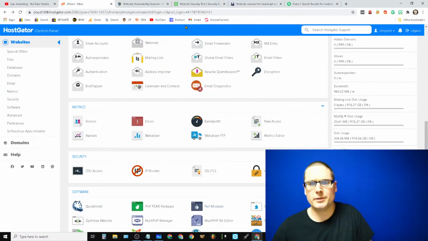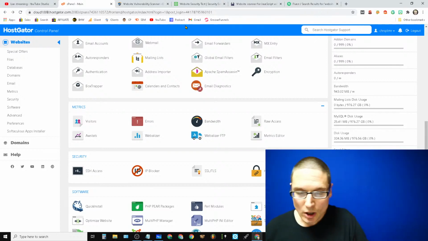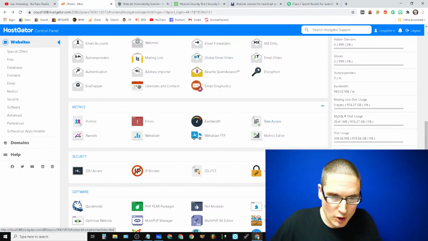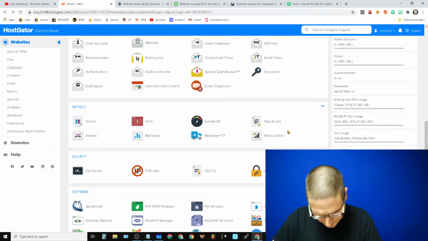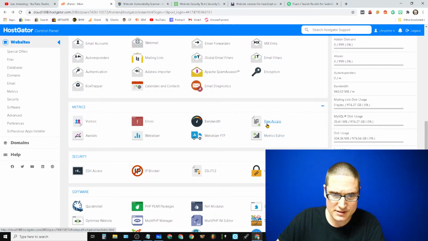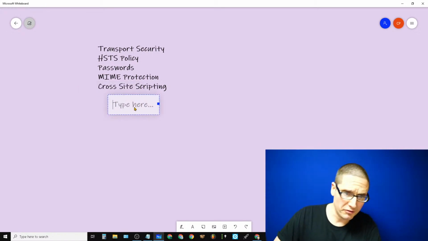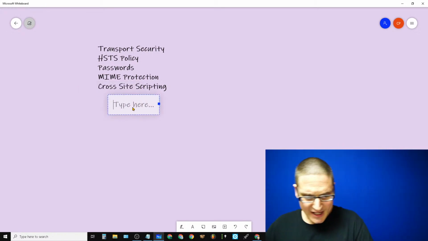Every site is probably going to have cPanel or something equivalent. You're going to be able to check these things out. Quite notably, the main things that you're going to want to do aside from this is you definitely want to check your raw access. Another element that you can do, if you have access, what you're really looking for is if you do find something inside of Apache,